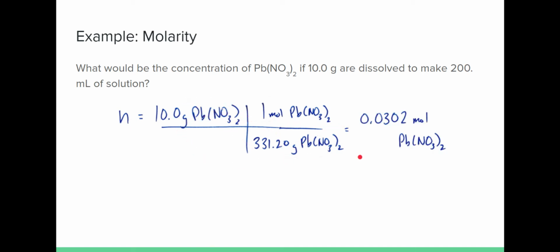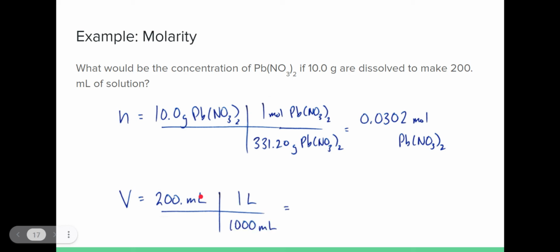The grams are going to cancel out, and I'm left with 0.0302 moles of lead-2 nitrate. The other thing that I need to do with my volume is I know that I need to be in liters. There are 1,000 milliliters in a liter. So if I do my simple one-step unit conversion and divide by 1,000, I can determine that my entire solution has a volume of